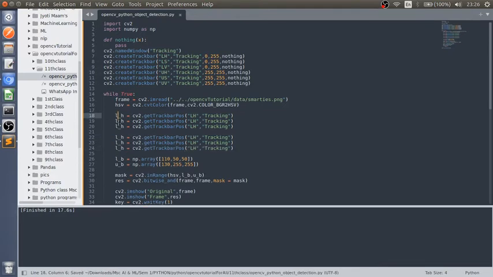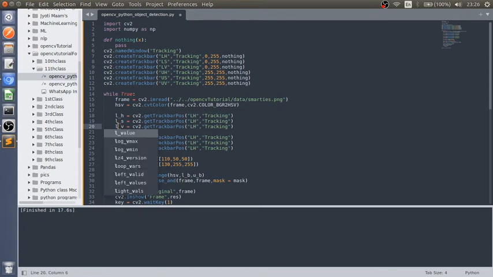That's LH done. Now first we have LS, then LV, and I have to copy over here. Then the same thing we have to do with the upper values: UH, US, UV.